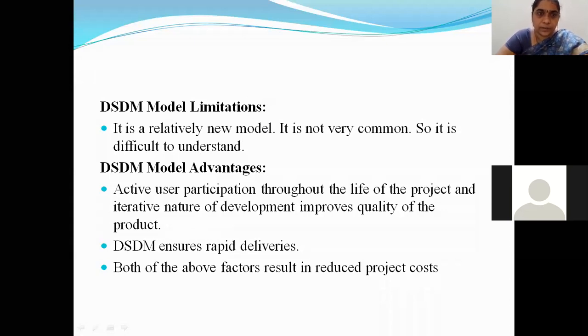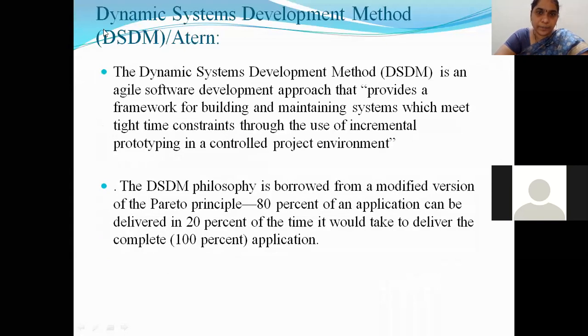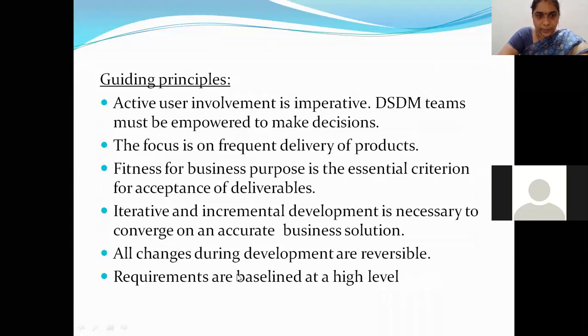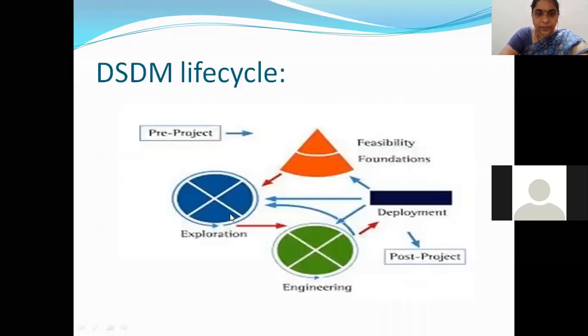So this is the thing we saw in this class, DSDM, right? And these are the principles which should be followed. And next, this is the life cycle, which includes 4 phases: technical feasibility, business study, functional model preparation, design model preparation, right? Design and build iteration, and finally the deployment or implementation, right?